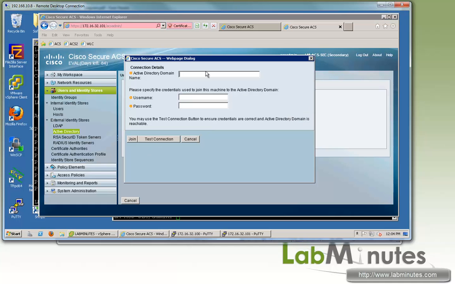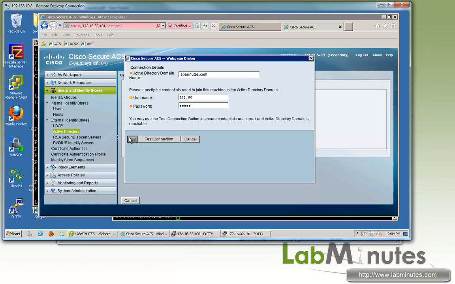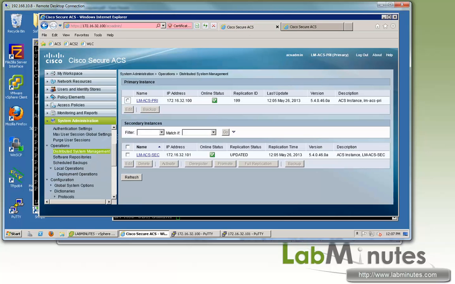So we click Join Test Connection, and now the domain is labminutes.com. Username, we have an account created called ACS_AD, and then password. We test connection, we get all green checks. That means we're good to proceed with the join. Okay, so while that's happening, we can go back to our primary ACS, and on here, if you go under